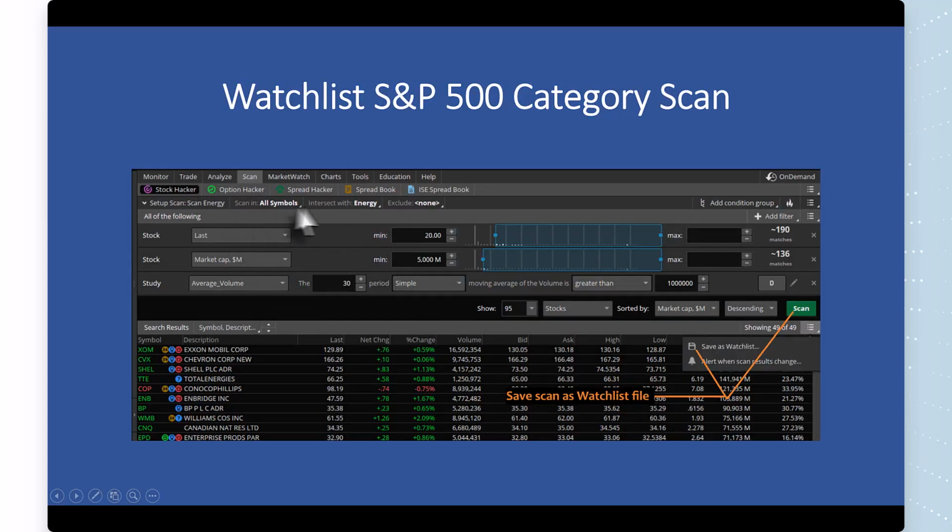Here's a sample of one that we did for energy. That's one that we just did. And in the end, we save this here. Once you've hit the scan and you've got your symbols in here, then it's just a question of, oops, there's a mistake. This diagram should be going to the little pancake. You click on this, it's going to prompt you for the name of a watch list. You type in the name of your watch list and put a date on it, and the next time you go to access the watch list